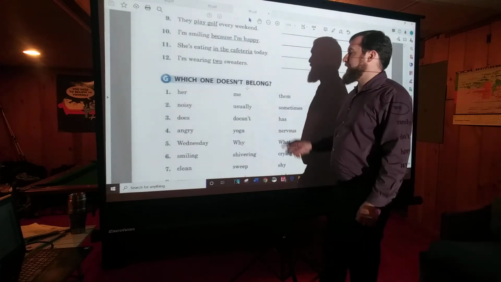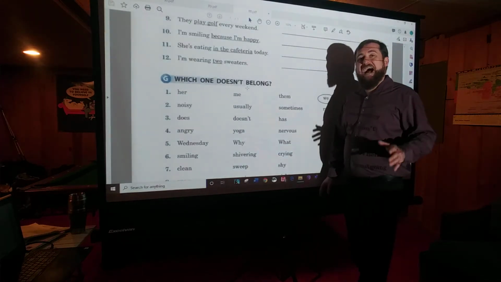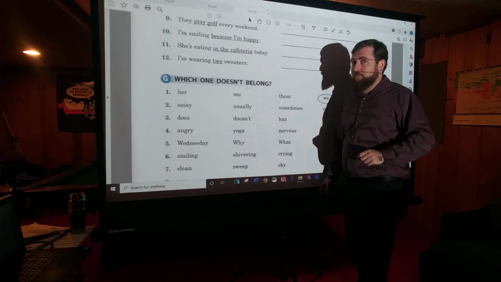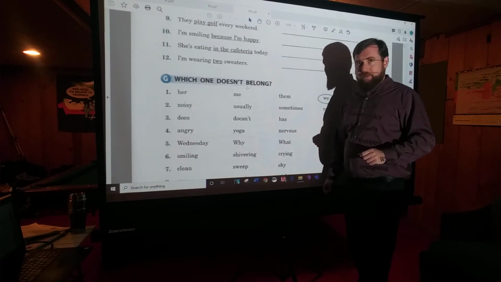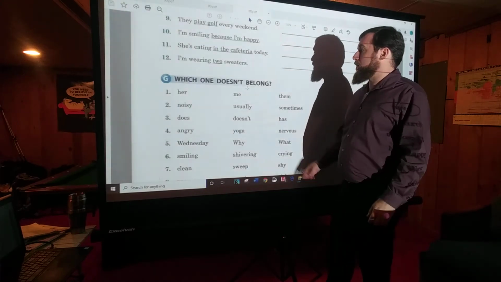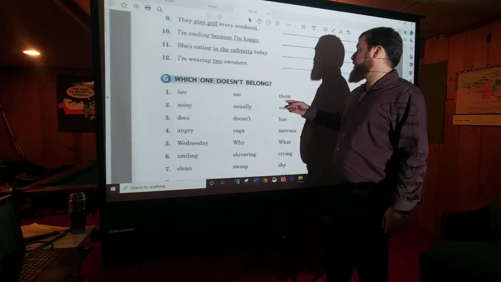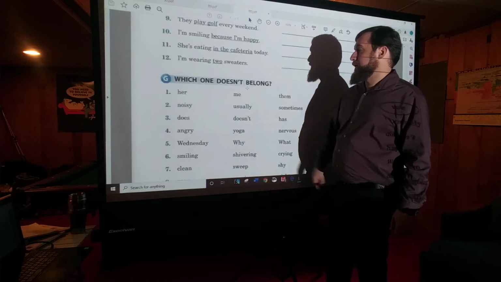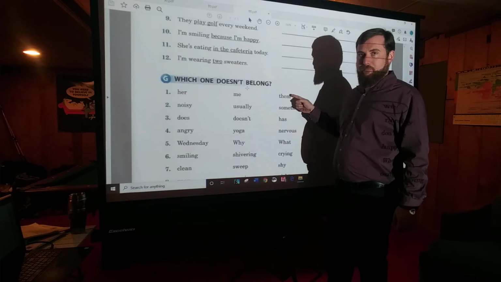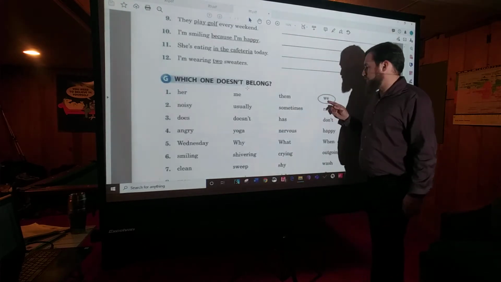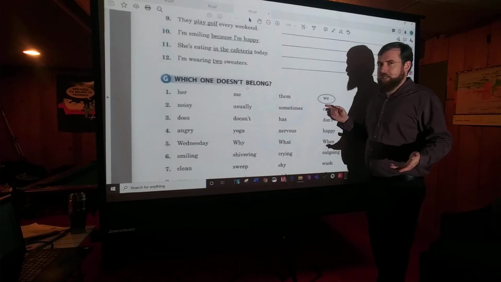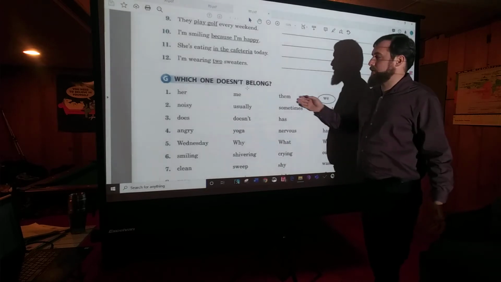But her, me, and them are all object pronouns. Remember that? We did talk about that. We spent a good bit of time talking about that back in the last chapter before this one. They're all pronouns you use when the verb is happening to that. He hit me. He hit her. He hit them. Okay? We can't say that for we. It would have to be he hit we. Doesn't fit. We'd say he hit us. Okay? So all these are one set.